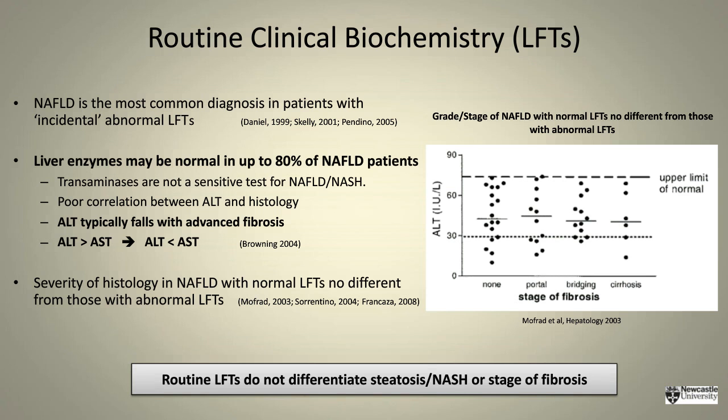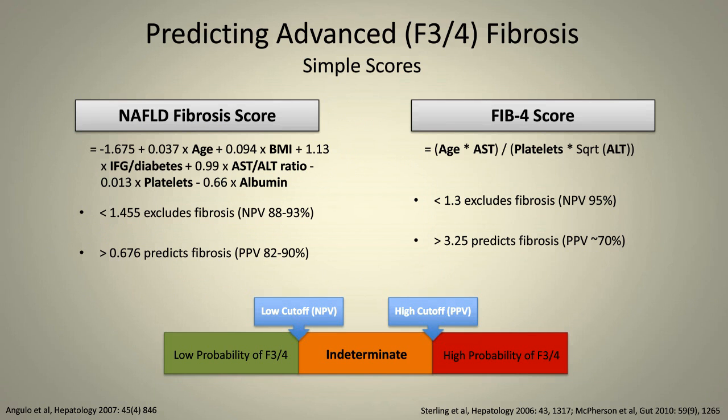So, there are a couple scoring systems that have been published in the literature and been validated in numerous situations, and we can use these. These are online calculators that people can use to help identify, or more appropriately, rule out patients with advanced liver disease due to NASH. One of these is the NAFLD activity score. The other is the FIB-4 score. Again, both have online calculators that you can use to help in your diagnostic algorithm.